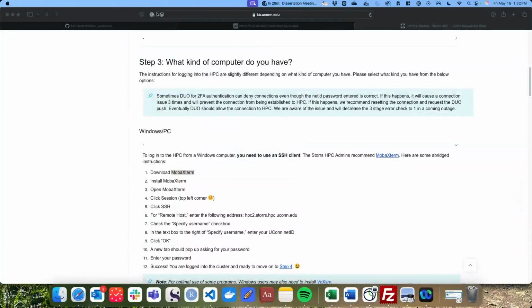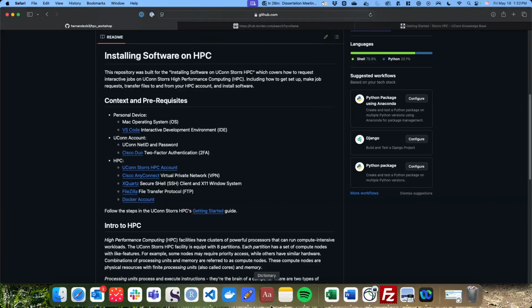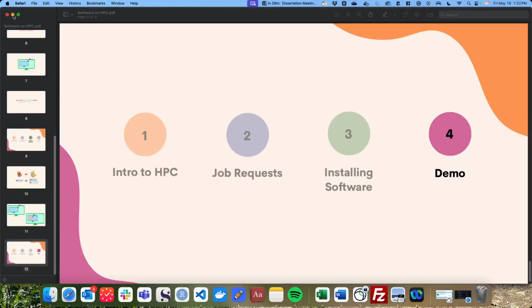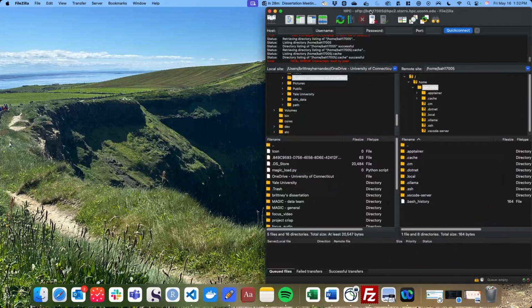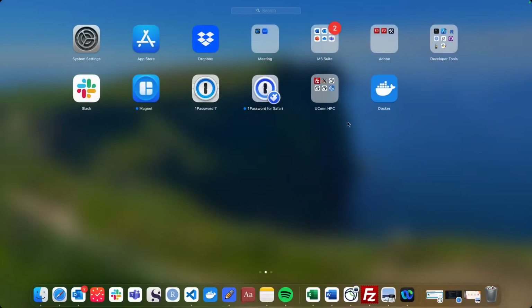Okay, let me, okay, I'm going to share the correct screen. Okay, we will go to, yeah, this is the FileZilla, and then we're going to go to,